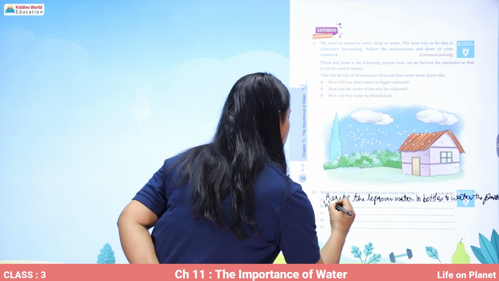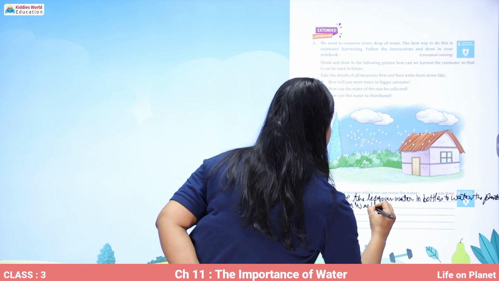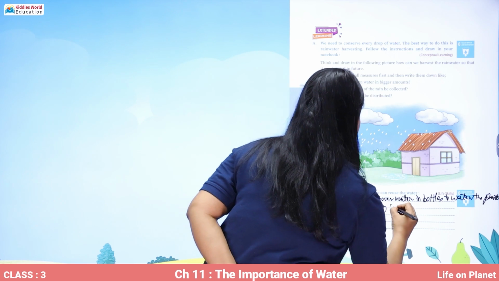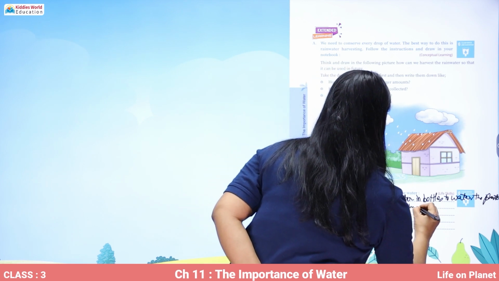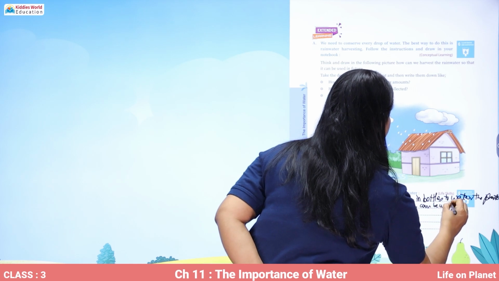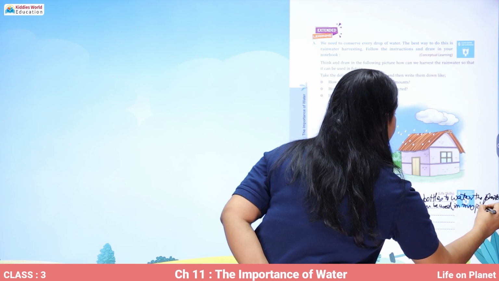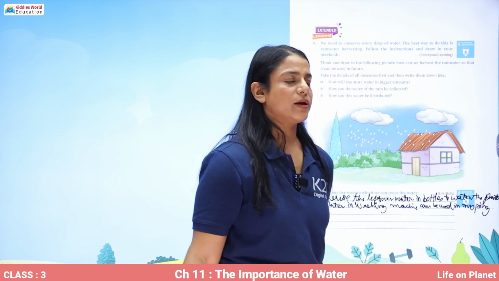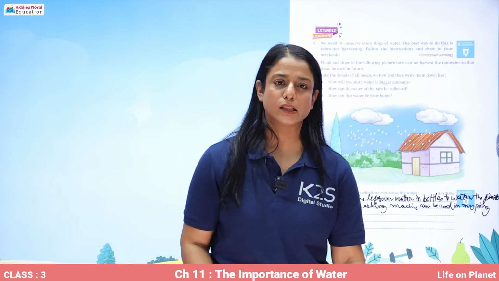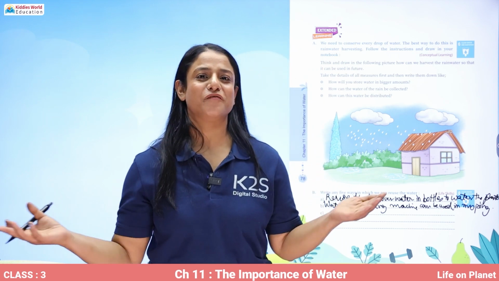Water from the washing machine can be used in mopping. Similarly, please think of other ways to reuse and recycle the water and try to follow them and save the